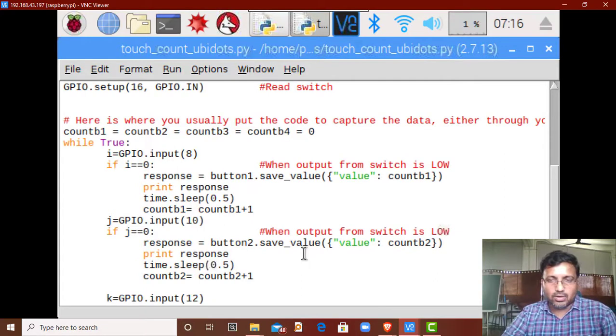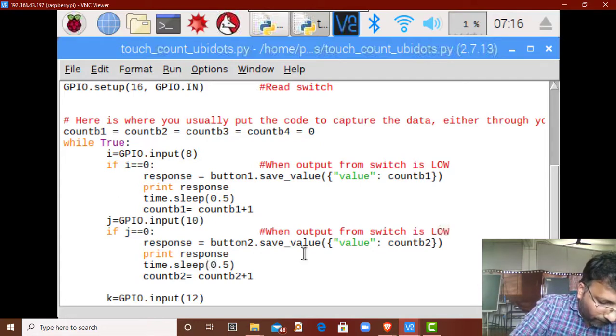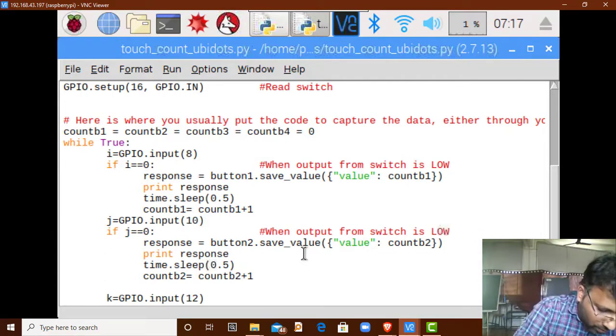Okay, now we are going to connect the hardware. There are 4 pins, VCC and ground.